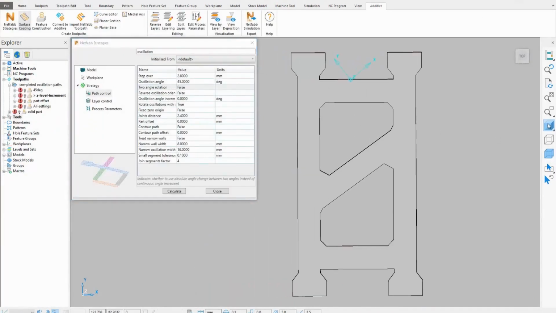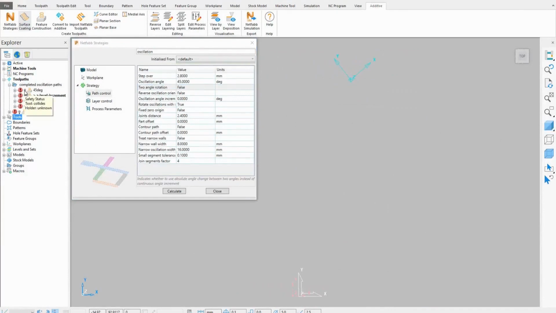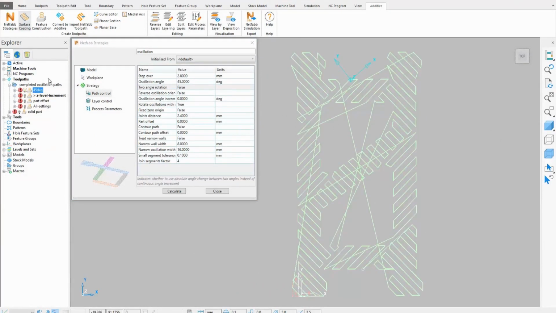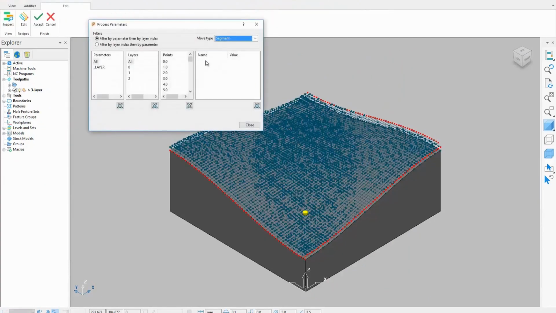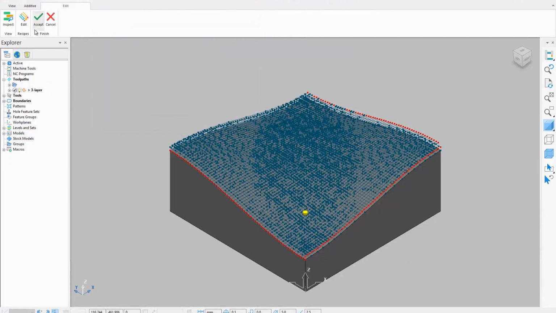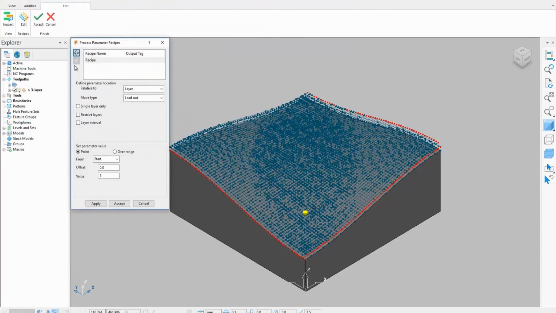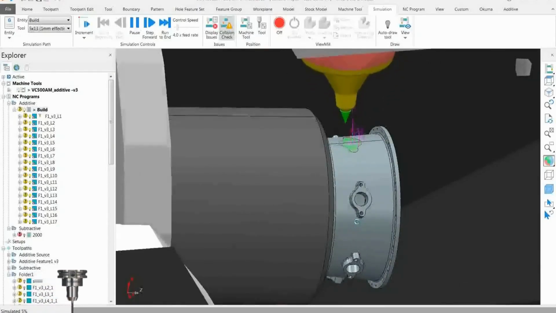Autodesk NetFab strategies can also be used to produce geometric shapes in the form of slices to build a new component. For additional process control parameters like thermal or mechanical stresses during the build process, the PowerMill project can be exported to NetFab for further modification and simulation.